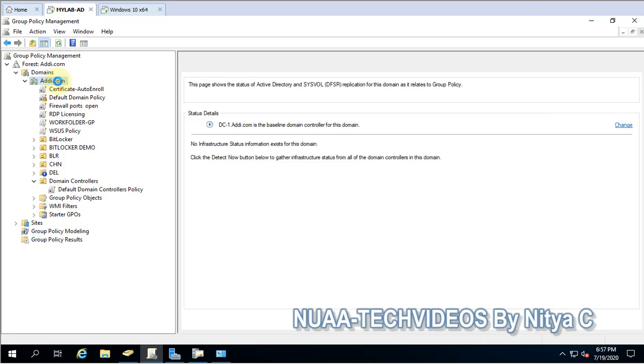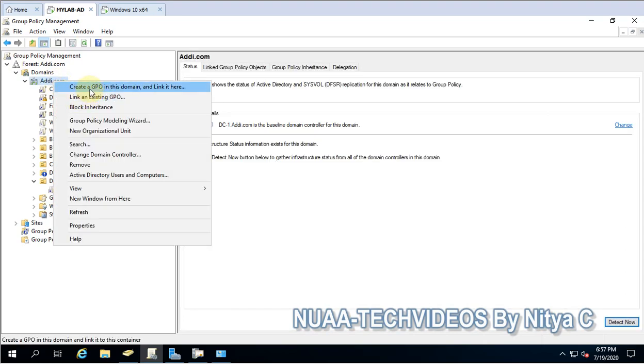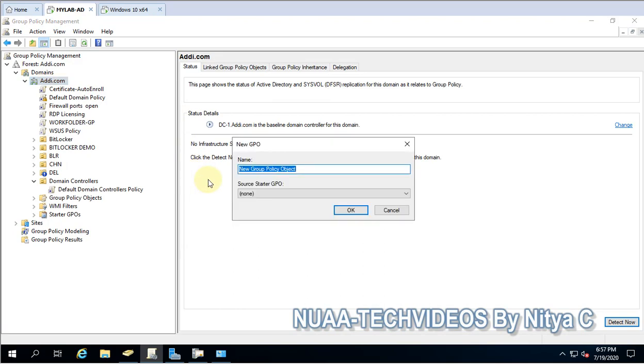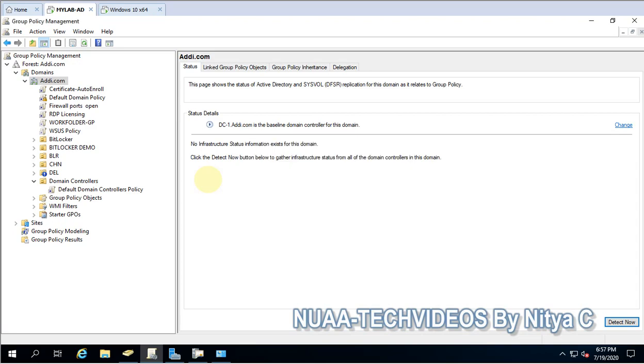I will just right click and create a new policy. Give it a logical name, RDP authentication. Okay, so that easily we can identify, or you can give as per your standard policy.